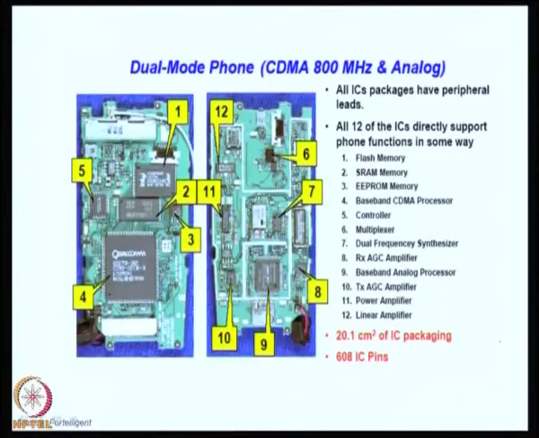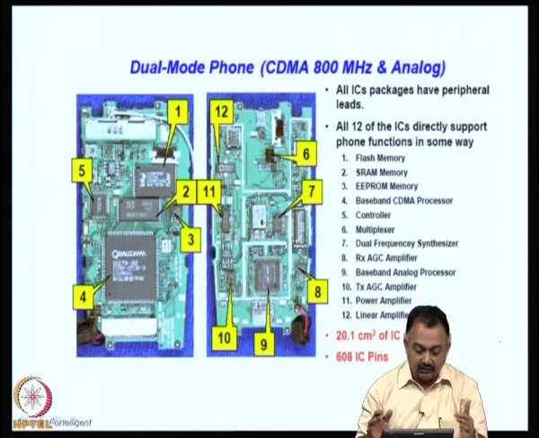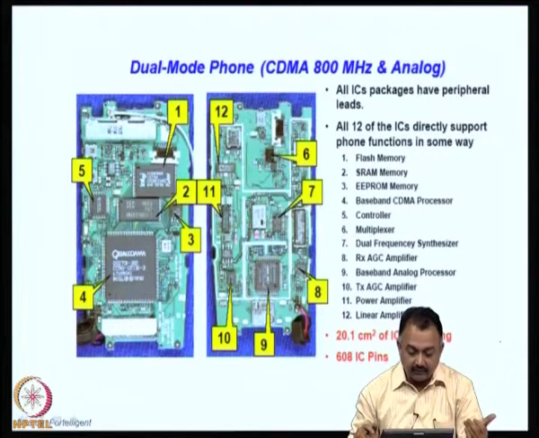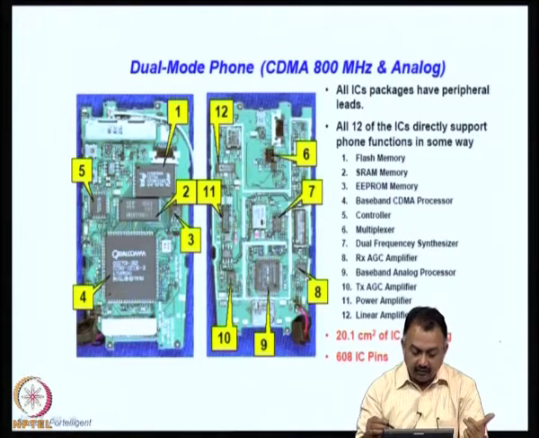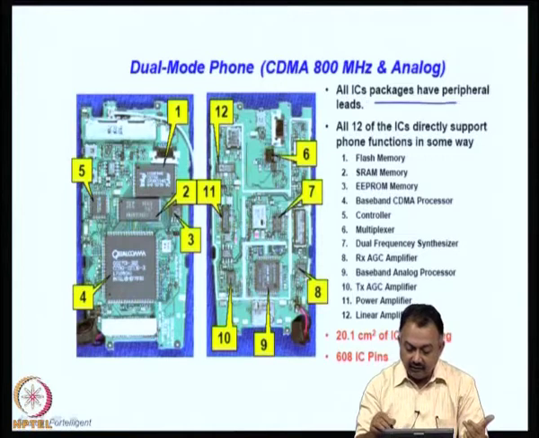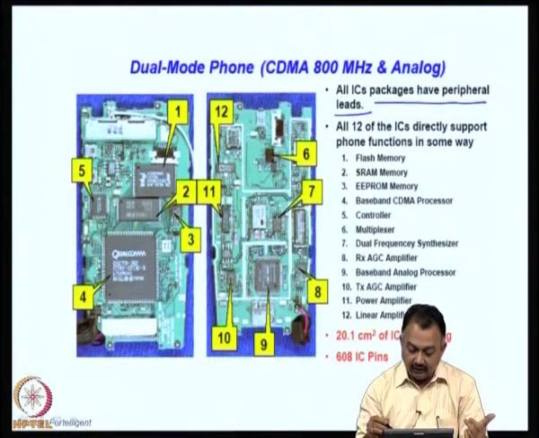If you look at this picture, which is again a mobile phone opened up, you can see the two different printed wiring boards or substrates where all the IC packages are used, mounted along with the passive components. You can see in this particular example, an old technology, IC packages have peripheral leads, not necessarily area array leads,